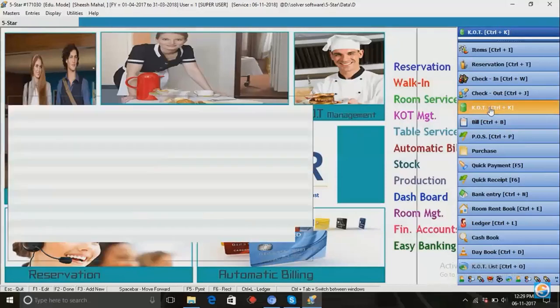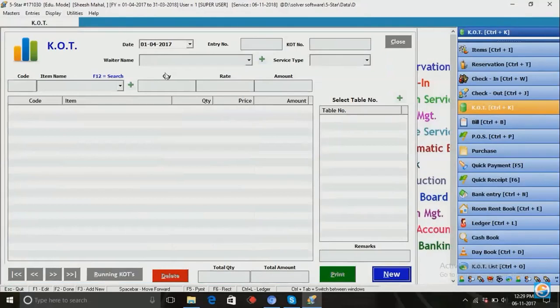तो अभी हम एक KOT और बना लेते हैं, कर लेते हैं एंट्री। यहाँ से भी KOT को आप सेलेक्ट कर सकते हो, शॉर्टकट दिए गए हैं। तो यहाँ से एंटर करेंगे, एंट्री नंबर आ जाएगा, KOT नंबर आ जाएगा, वेटर सेलेक्ट करेंगे। यहाँ पे सर्विस टाइप क्या है वो सिलेक्ट कर लेंगे। अभी हम दोबारा से न्यू KOT सेलेक्ट कर लेते हैं। यहाँ पे देखिए टेबल जो 101 नंबर का टेबल है, यहाँ पे सॉफ्टवेयर आपको दिखाएगा नहीं क्योंकि वो अभी बिजी है। इस वजह से लिस्ट में से जो भी बिजी होंगे टेबल वो दिखाएगा नहीं सॉफ्टवेयर।